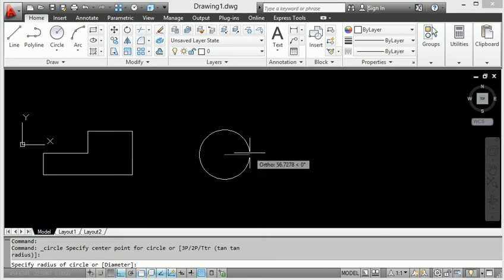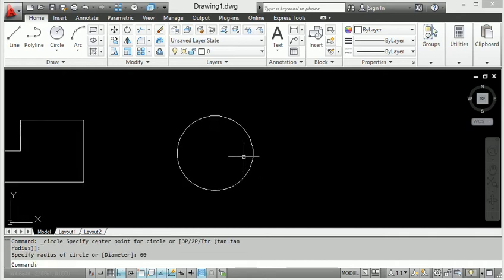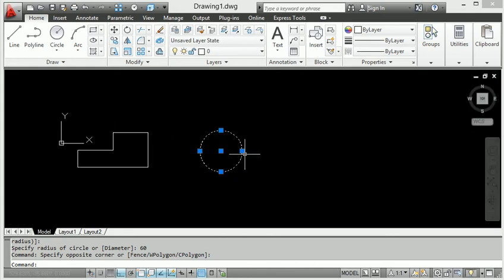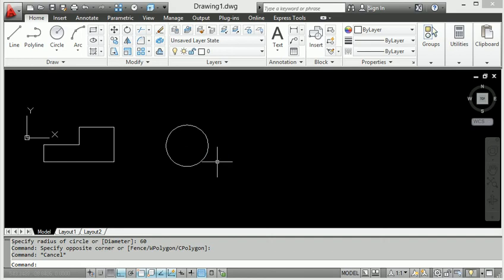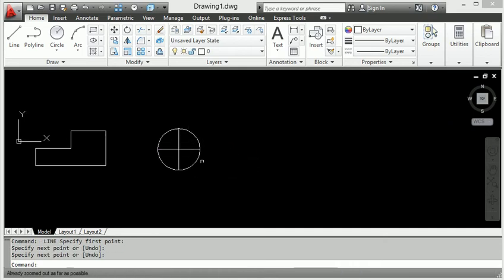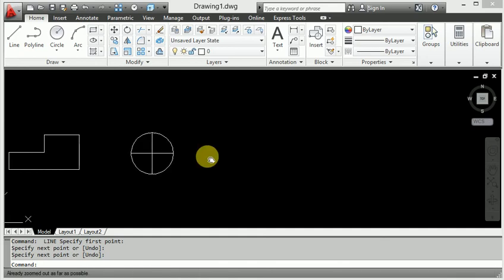So when I put the value 20, and if I put the value 60, you can see that the value makes the circle. Then press L, enter, and make the center line here, and enter again, then start from L, enter and join. So this is very easy to create the line and circle.